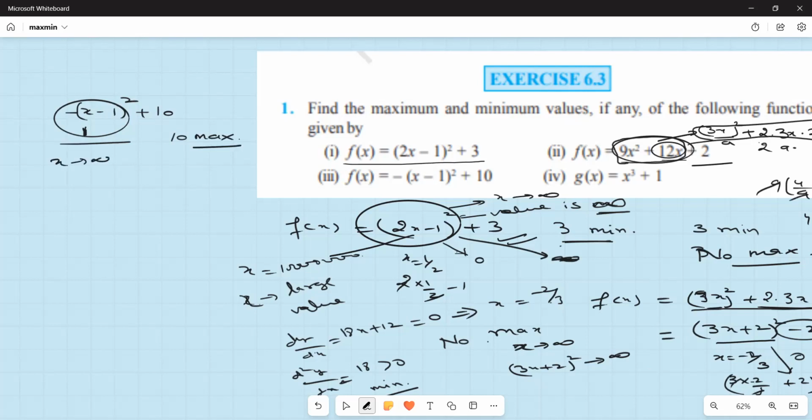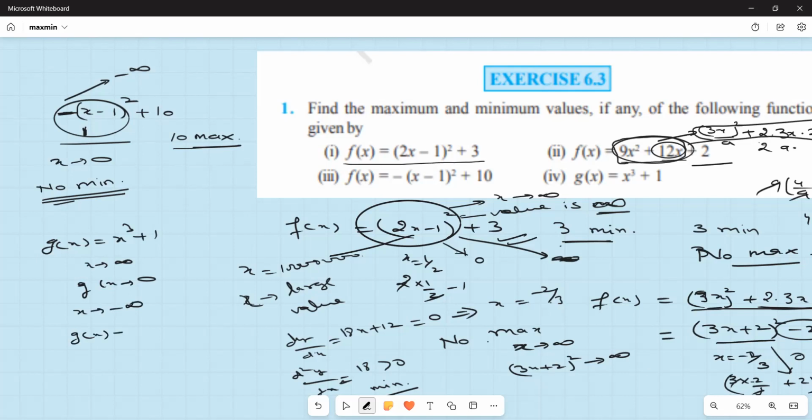एक्स अगर अप्रोच इंफिनिटी की तरफ करेगा तो ये पूरी वैल्यू माइनस इंफिनिटी की तरफ अप्रोच करेगी ना, क्योंकि माइनस बाहर में चली जाएगी। माइनस है। तो नो मिनिमम। क्लियर बच्चे? मैक्सिमम वैल्यू इज 10, मिनिमम वैल्यू इज नो वैल्यू. नेक्स्ट, g of x is x cube plus one. अब ना इसका मैक्सिमा है ना मिनिमा है। क्यों? If I take x approaches to infinity, g of x approaches to infinity ना। Yes ma'am. And if I take x approaches to minus infinity, g x approaches to minus infinity ना।